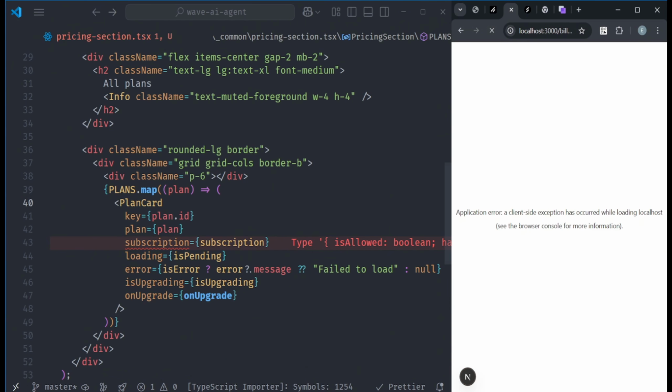Export const FeatureRow. So let's say React.memo, and then FeatureRow.displayName is equal to FeatureRow. Features is going to be of type features, a string array, like this. So yeah, let's return